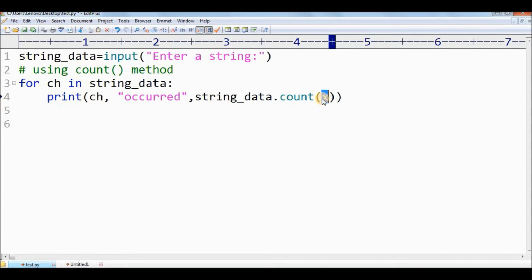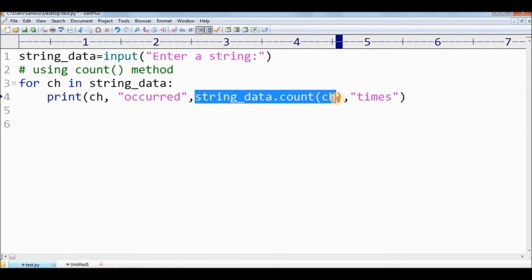Inside the count method I'll be writing the character for which I need to count the number of occurrences. So I'll be passing this argument to the count method so that it can return the number of occurrences of this particular character. Then I'll be writing times, so that the output comes like: this particular character occurred this many times.